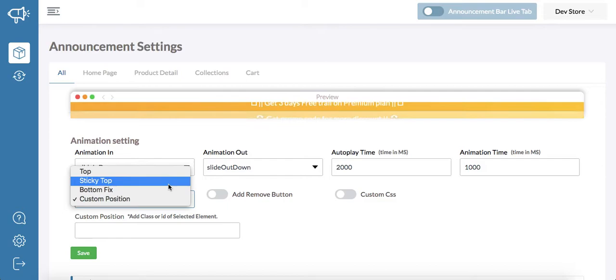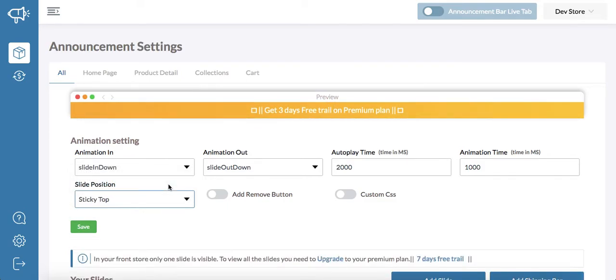About sticky top also: it mostly causes problems whenever your front store has a fixed header. In that case the slider is sometimes behind the header, it's not working, or it looks wrong. If you face any kind of that issue, just contact us in our support. We will fix our announcement bar and it will show perfectly with your slider. And this is the most important thing.